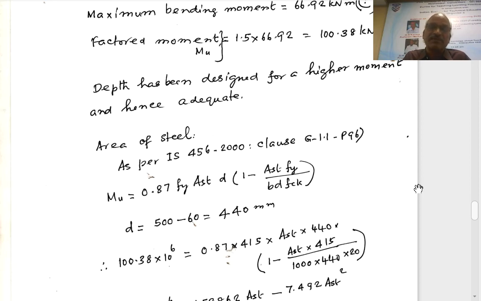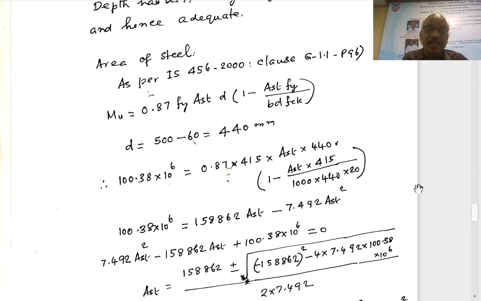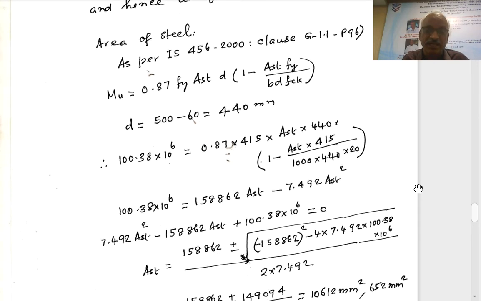And coming to the base slab, the cover will have to be a little more because it is inside the earth. The cover will have to be 50 to 60 mm. For the stem, 30 to 40 mm. For the base slab, it is 50 to 60 mm. Therefore, 500 minus 60 equals 440 mm. So other things, substitution and getting the area, you need not repeat.